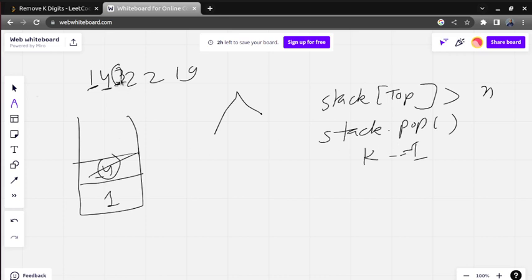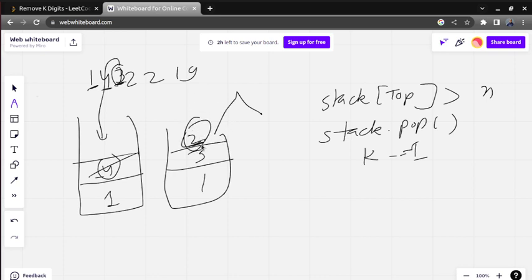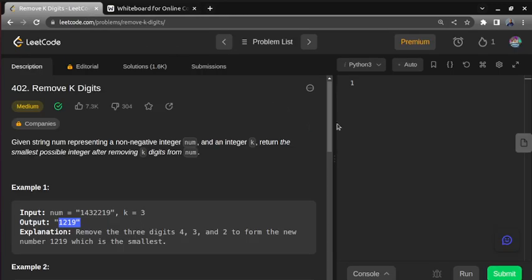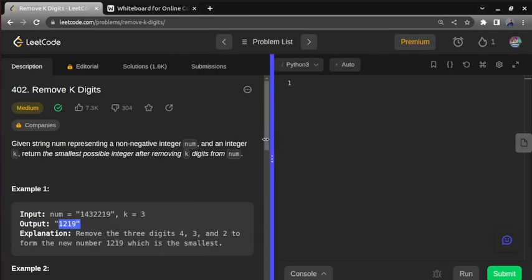Now we will put that 3 in the bucket again, so it will be 1 3, it is increasing. Now we will go into the for loop. Again we got an element which is greater, so again we will do this task. I hope the approach is clear to you. So let us try to see the code for this.